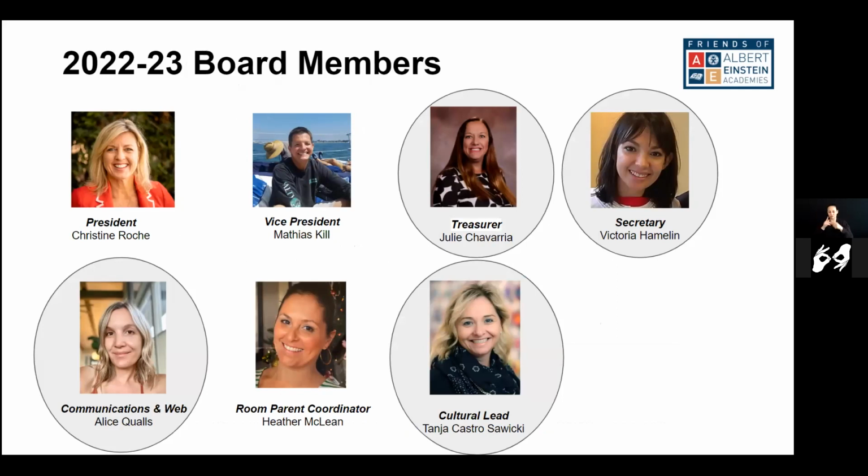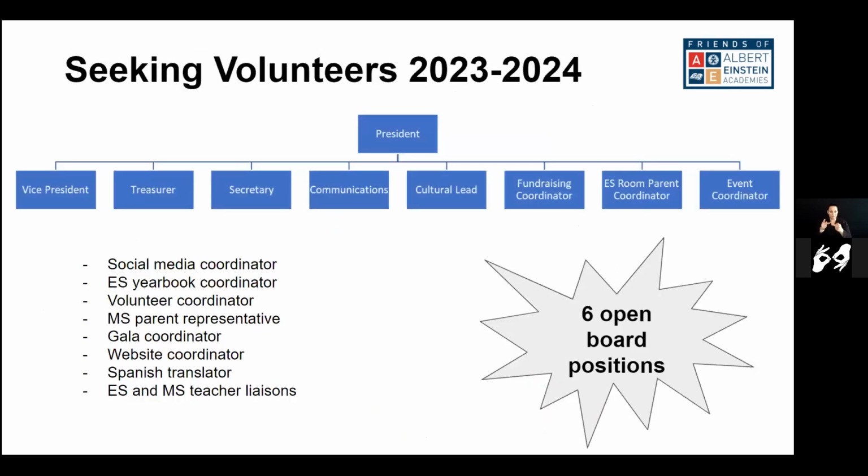Now we do have 9 actual positions. You can see here, there are 9 blue boxes. Those are all the different positions that make up our Friends PTO board. A number of us are going to be staying on in various capacities, but we already have been short 2 going into this election. So in total, we have 6 open board positions. It's interesting the way our bylaws are set up, but everybody that wants to volunteer has an opportunity. While we do have 8 candidates that have expressed interest in being part of the board, we definitely have positions, be it coordinating positions or supporting roles, even if they do not get voted into one of the blue boxes.